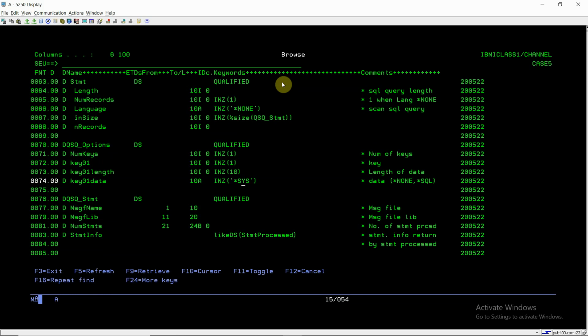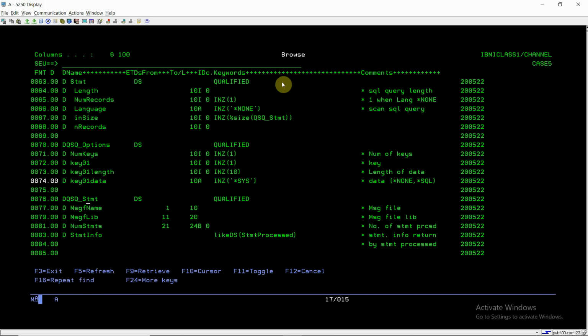If we know that we are always using slash while qualifying a file, we can specify *SYS, or if you are using dot, we can specify *SQL. If you are not sure, we can specify *NONE.